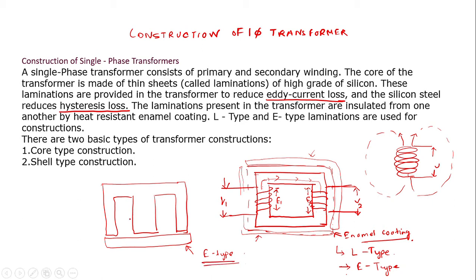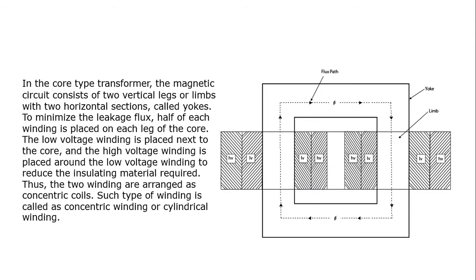Now coming to the construction of the transformer, with the differentiation of core, transformers can be classified into two basic types. They are either core type or shell type. We'll talk about core type and shell type in the next slide. So let's talk about that. Now the figure that you see is actually a core type transformer,